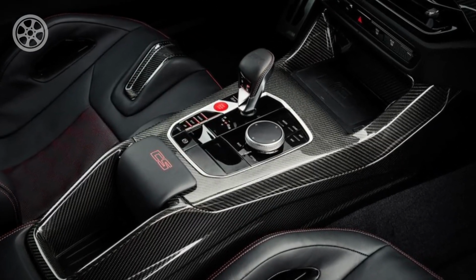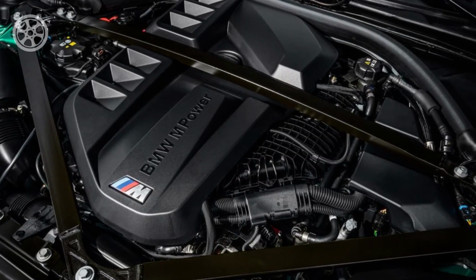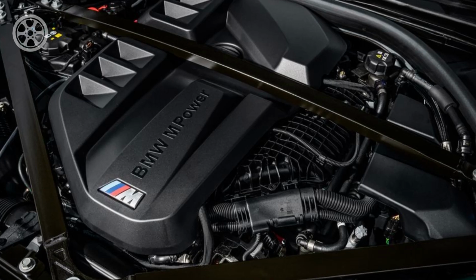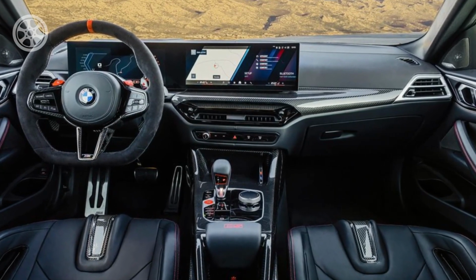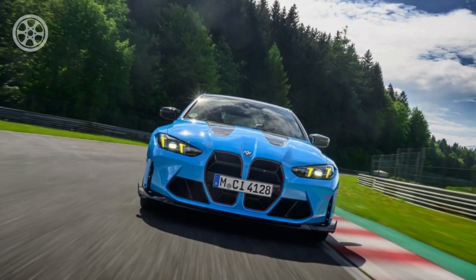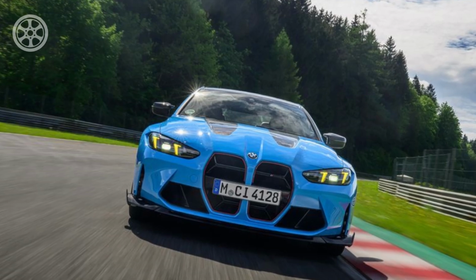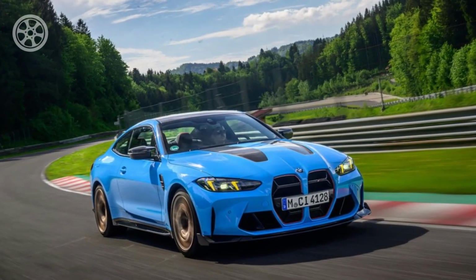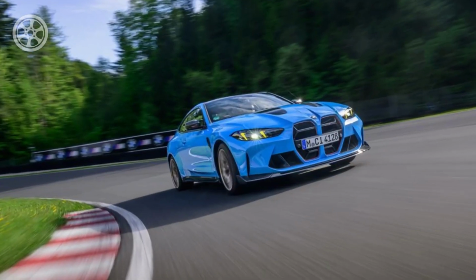Trouble is, that twist will cost you an extra $35,200, which is a lot of bread even if the production run will end, as rumored, after only 1 year and 2,000 units, thereby likely bolstering the resale value. But right here and now, a base model M4 with standard seats and a wider choice of options seems like the more compelling bet. Feel free to save even more by opting for the 503 HP